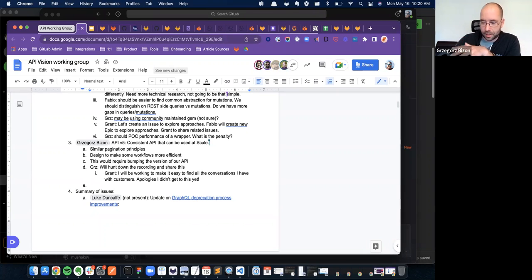Because we do have customers telling us that this API we have cannot really be efficiently used at scale, and when you hear the problems they are struggling with, it's immediately clear that they are completely right, and our API is completely not designed to be efficiently used at a really high scale. So how it could look: first of all, we could introduce a pagination abstraction that would be consistent across all endpoints. Right now, some endpoints are using the legacy pagination, some endpoints are using the new pagination.